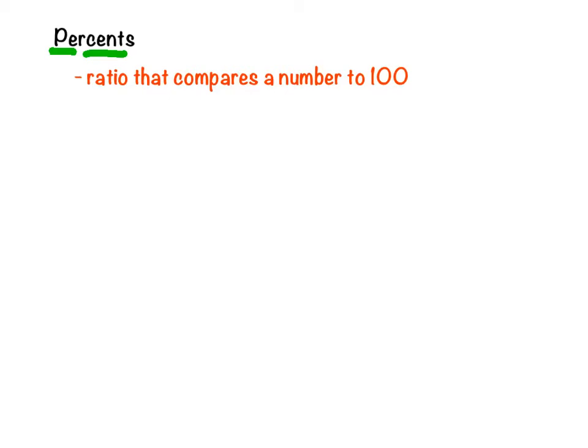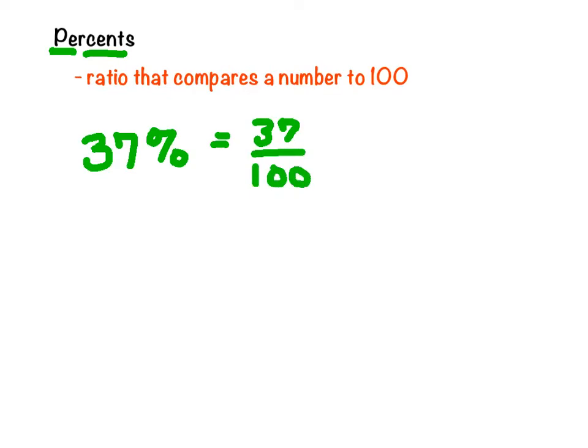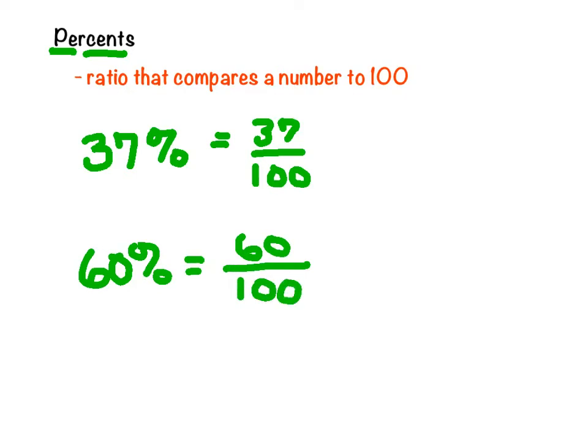So if we take the percentage 37%, that's basically equivalent to 37 out of 100. If we have 60%, this gives us the ratio 60 out of 100. So you'll notice anytime we have a percentage given, 37%, the percent becomes the 100. So it becomes 37 out of 100. 60%, 60 out of 100. Of course, we would also need to go through the process of reducing this ratio as